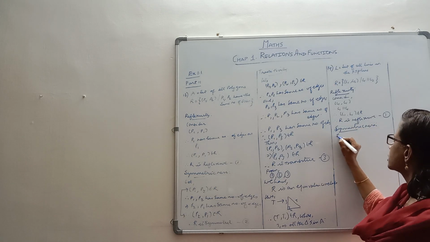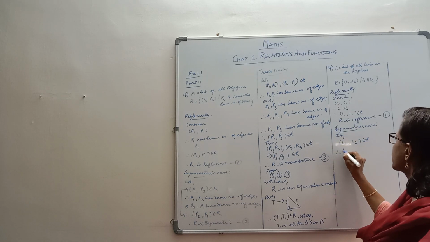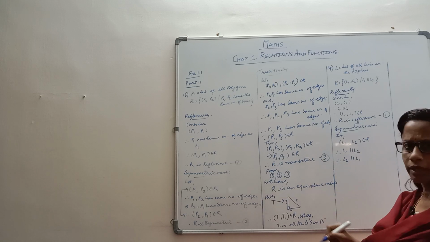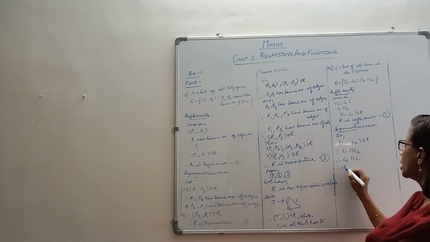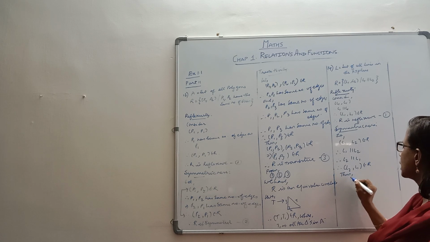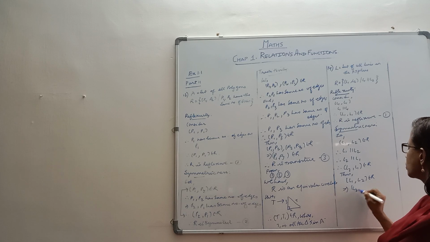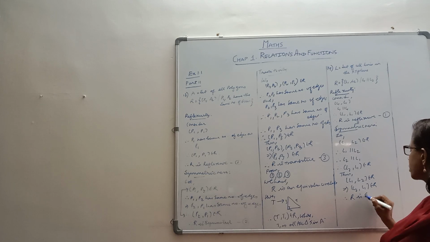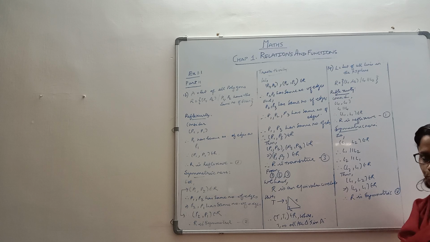Next comes symmetry. Let (L1, L2) belong to R. What is the meaning? That L1 is parallel to L2. Therefore, L2 is parallel to L1. No harm in writing it, just change the position and write. The parallelness is not going to change. Therefore, (L2, L1) will belong to R. So, starting with (L1, L2) belonging to R, we have shown that (L2, L1) belongs to R. Like that, R is symmetric. This is condition number 2.